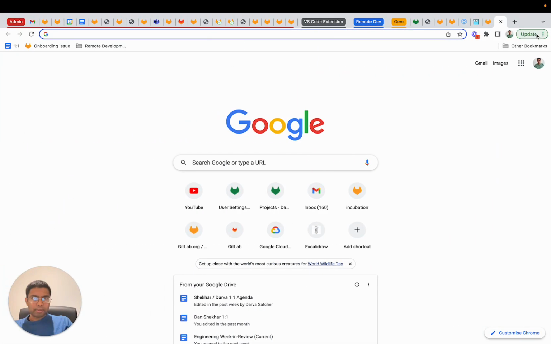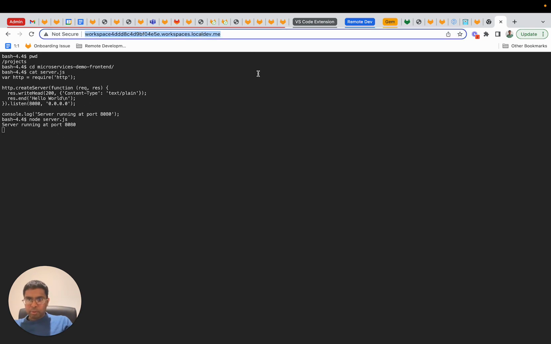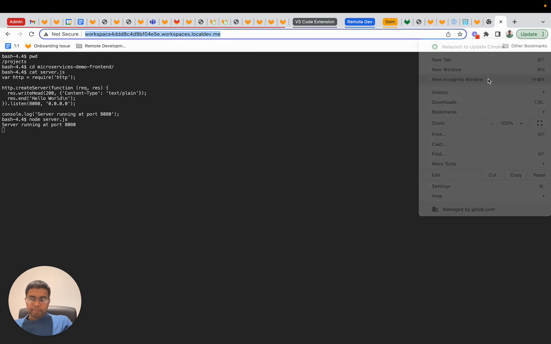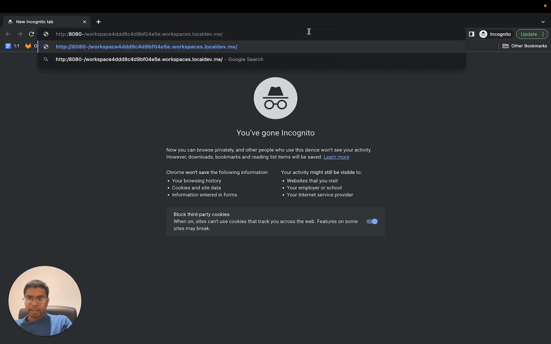I'm going to open this in a different window. With that, I'm going to navigate and start a Node.js server. I've got a server.js here, which just starts a very simple Node.js server. So I'm going to go ahead and run that. And now the server is running. So I could take that same route. I could open an incognito window, put in my endpoint here, so 8080,